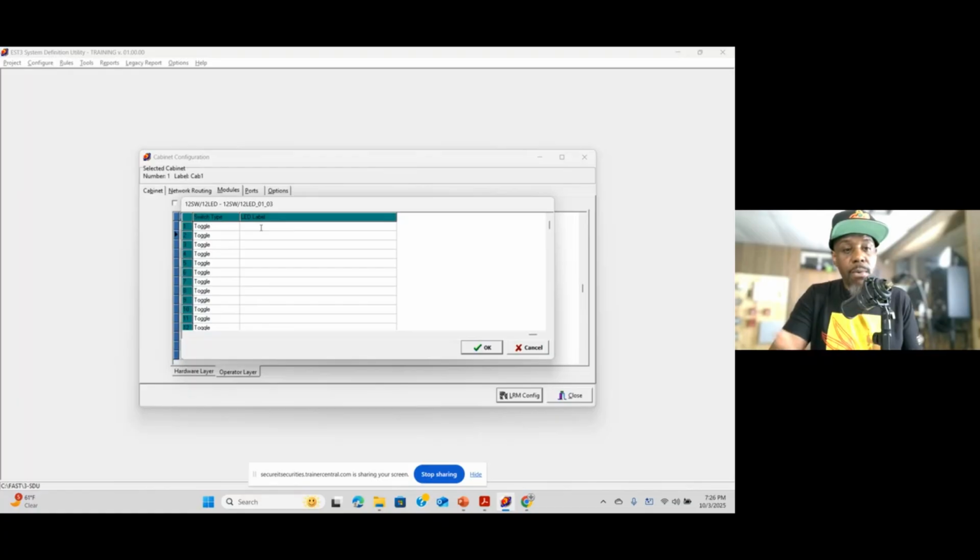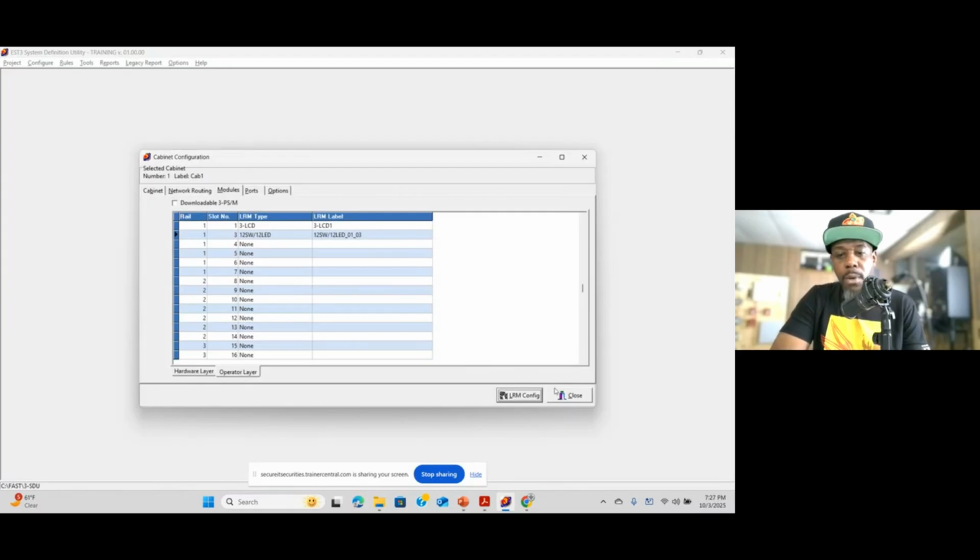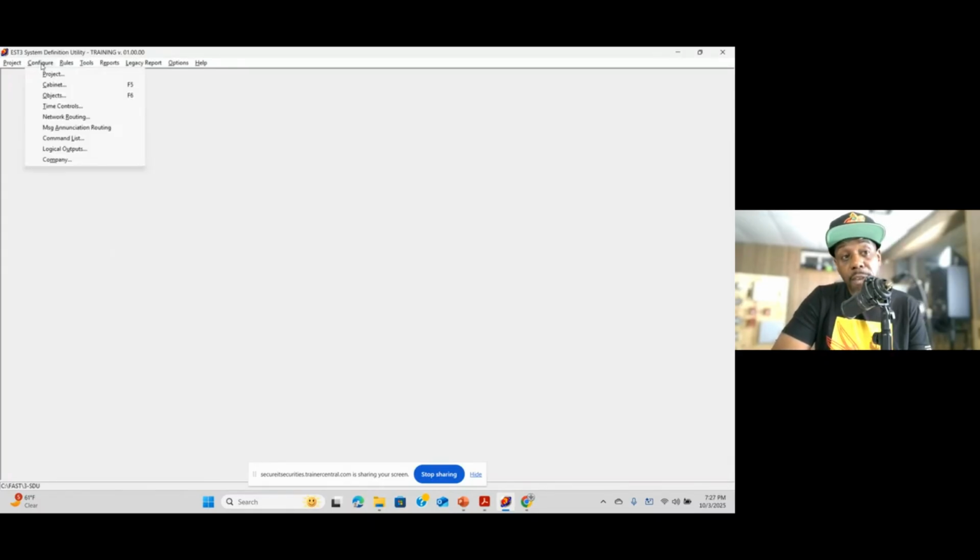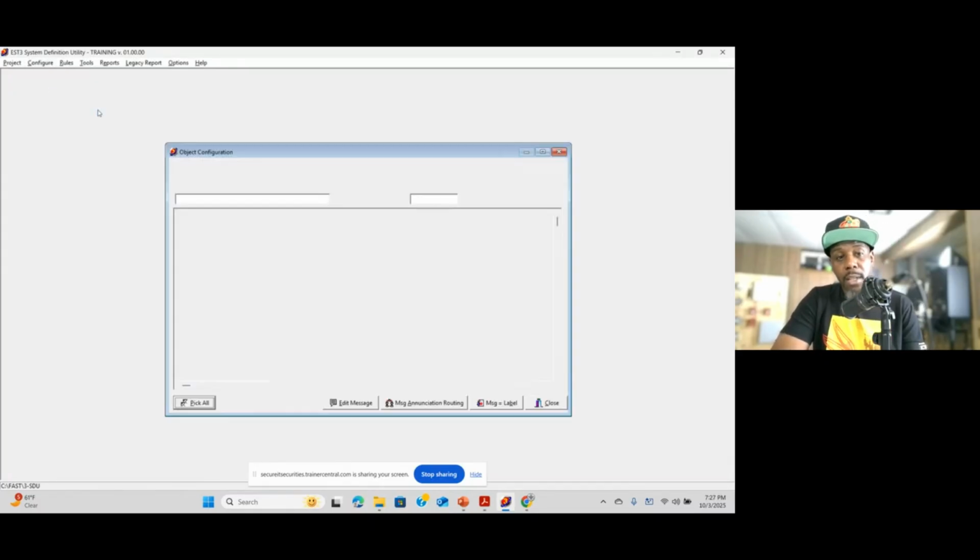You will put your label. This is going to be a fan restart switch, and that is only one LED. That one LED is already associated with that one switch. But if it had 2 LEDs, you would see a lot more menus down here. You'll see 24. You'll see a lot more rows that you can use to program those other LEDs. But this is only a 1212. So we'll close that, and we'll go over to the configure, and then we'll go over to the objects label.